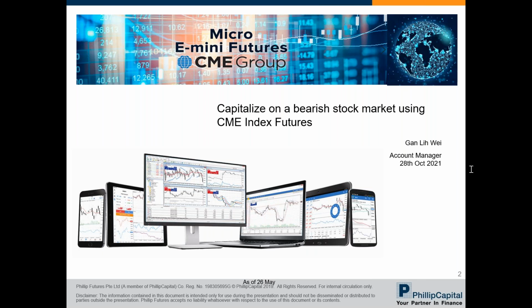All right, seems that is good. So welcome everybody. This is the webinar on Capitalize on the bearish stock market using CME Index Futures. As a result of the pandemic, there has been a change in our consumption pattern. People are starting to order more stuff online rather than consuming services at restaurants, cinemas. This sort of started the supply chain disruptions as other factors such as the workers' shipping got affected. The situation feeds on itself. Now there could be continuous goods supply chain disruptions into 2022.